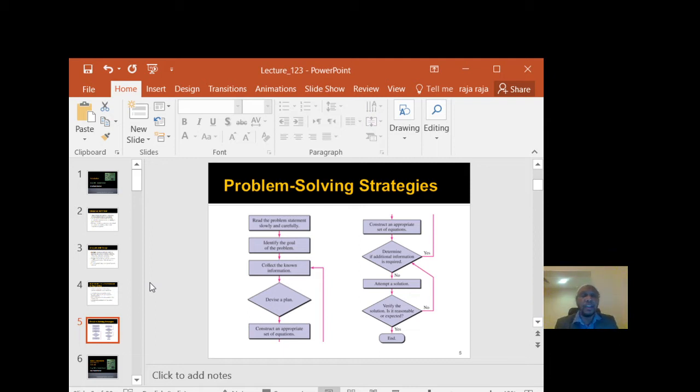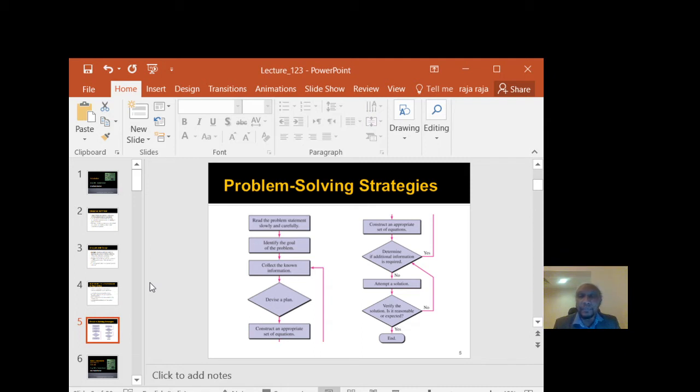So this way, you have to solve any problem. This is the basic and fundamental strategy, and it helps you when you go to the company as an engineer and when you solve problems in the exam also. For example, if I conduct the exam and give the problem, first of all you have to read the problem very carefully. What is the objective of the problem, meaning what is the question actually of this problem. And the second one, we have to collect the data.